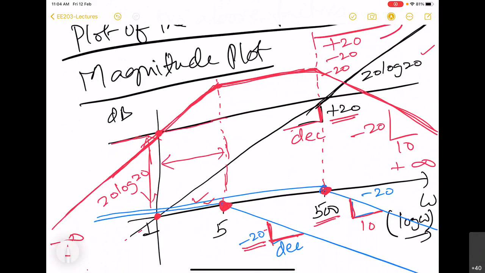So keep in mind, we have discussed only up to the factors of first order. In general, there could be a factor of second order also, or equivalently a first order factor with complex pole and zero. So those parts we are not going to discuss. That will be covered in more detail in control theory classes. This will be enough for us